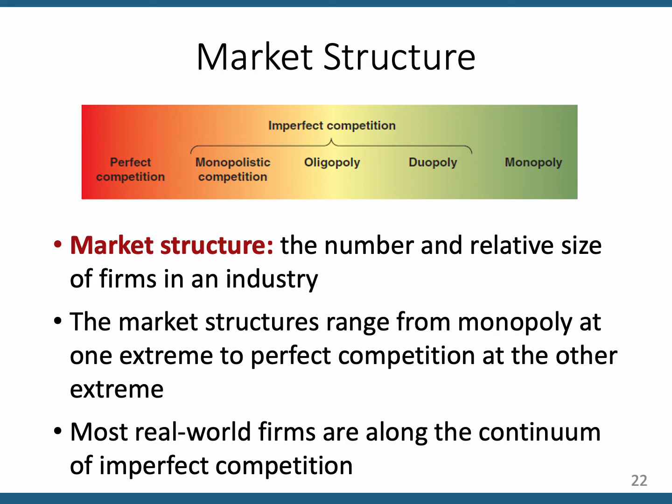And then there's monopolistic competition. That's where there's lots more sellers. Most of the product markets in our economy are that kind of market structure. So you know monopoly when you see it. That's when there's only one seller. You know perfect competition when you see it. That's when it's a standardized product and there's hundreds or even thousands of sellers.